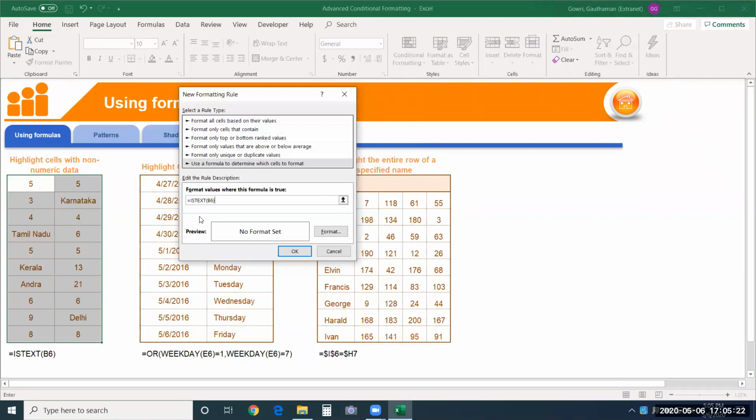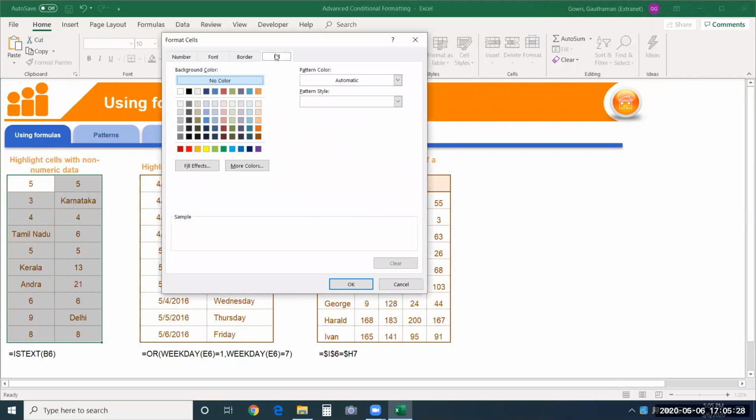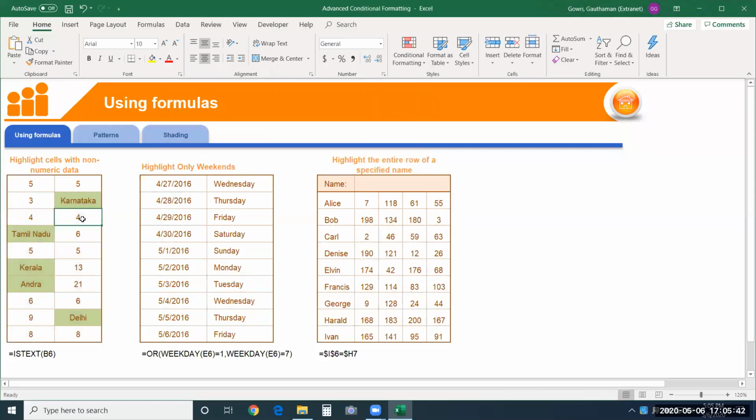Right, close this. I'll give a format over here. The format that I would like to provide is a particular color. Let's say I'll choose this and say OK. And OK again. You can see all those cells which had non-numeric data are highlighted.